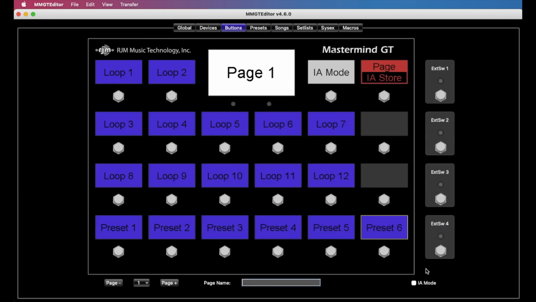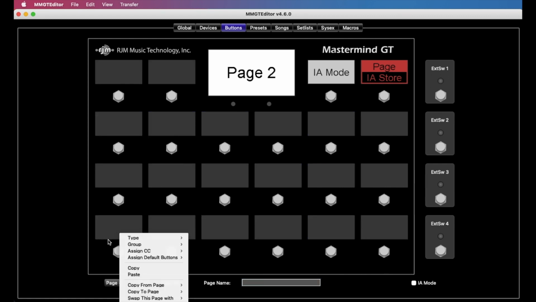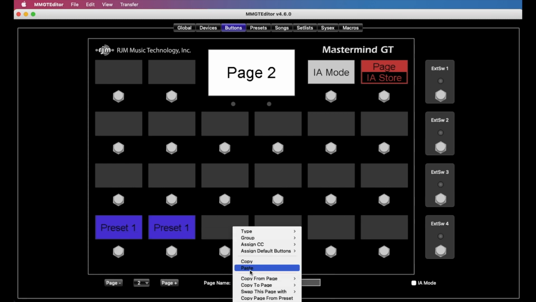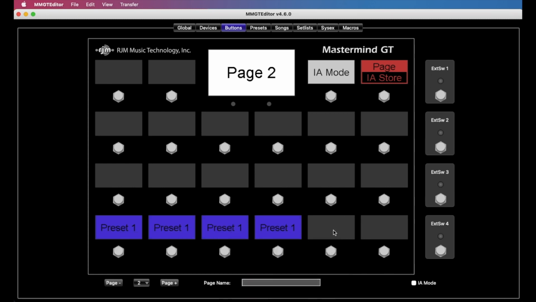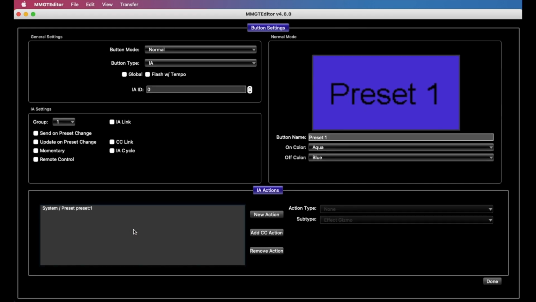Okay, so now we haven't achieved much in the sense that these buttons now do what the other ones did, presets 1 through 6. But again, even if we had the blank buttons, they wouldn't change. So now where it gets useful is we switch over to page 2 here, and we can start pasting the same buttons again, like so. And we continue,